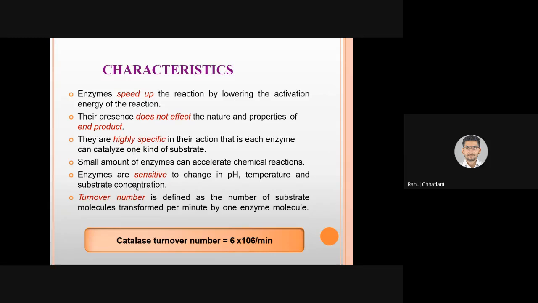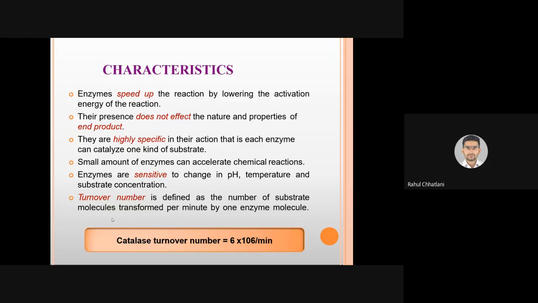It is predetermined. Yes. A small amount of enzyme can accelerate a chemical reaction. Yes, it is not that if the substrate is 100, then there must be 100 enzymes. Even a small amount of enzyme compared to substrate can formulate or fasten the process. Enzymes are sensitive to change in pH, temperature, and substrate concentration, as we already saw, and we are going to